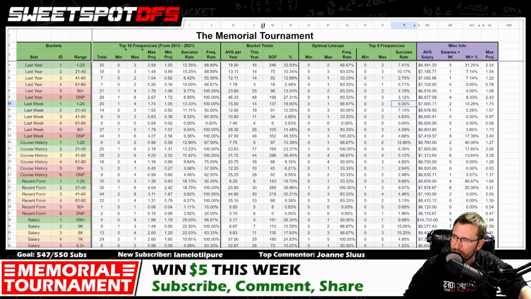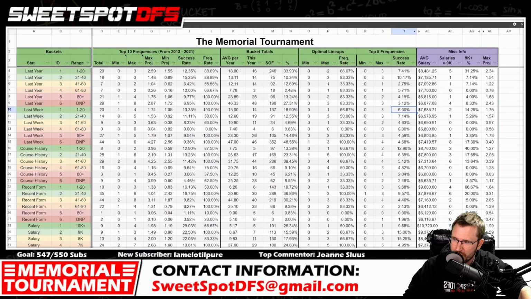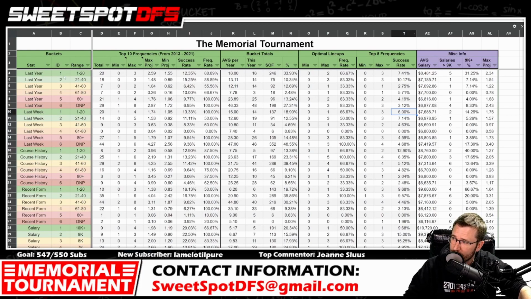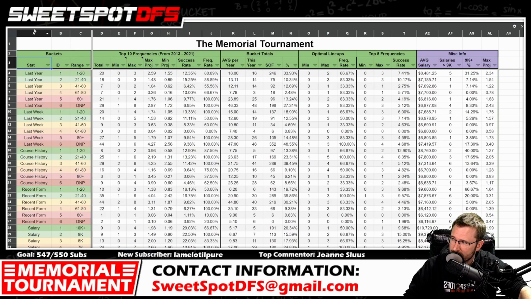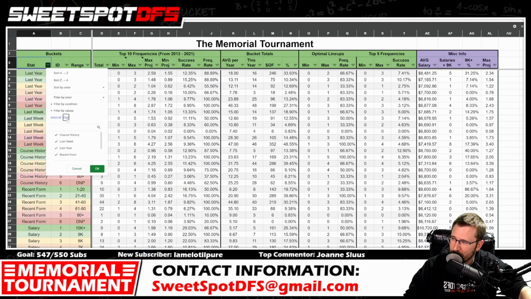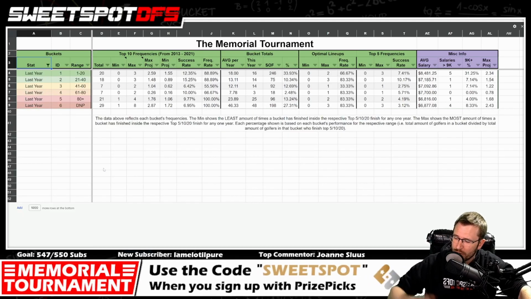So I will put a filter on this. I suggest you put a filter on yours if you're following along with me. And we're just going to go one by one through all the stats. So you can see the stat over here in column A for the bucket. We're going to start with our last year bucket. When we take a look at this, when it comes to the bucket system,